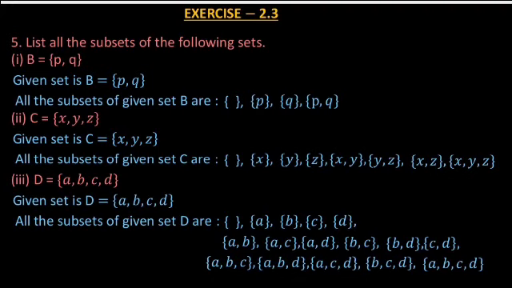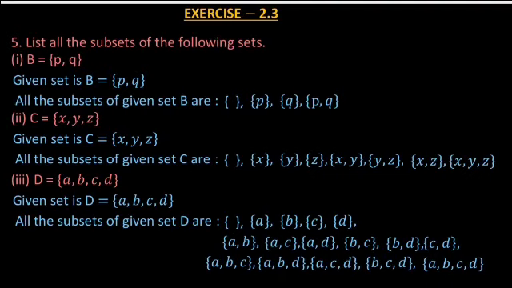So in this question, how many elements are there? The number of elements is 2. So then we get 2 power 2 as the answer for the subsets. So how many subsets are here? 2 power 2 means we get 4 subsets of the set. So all the subsets of the given set B: first we write the null set. Null set is a subset of every set, and every set is a subset of itself. So we write the empty set and that set. Next, set of P and set of Q. So there are 4 subsets of the given set.